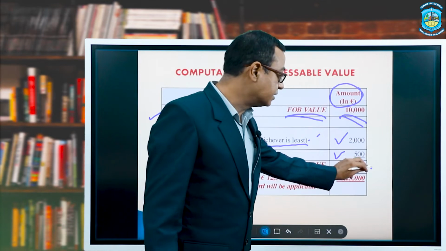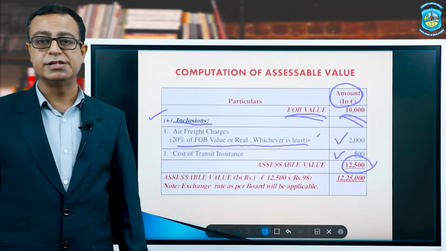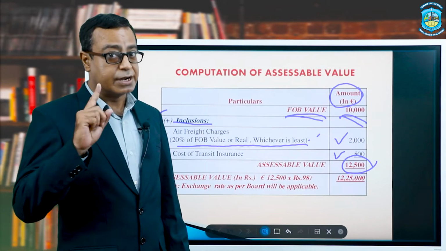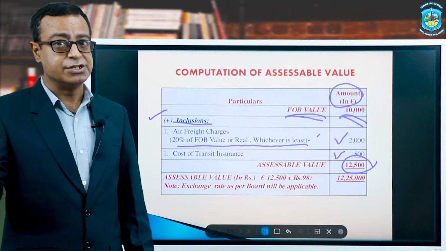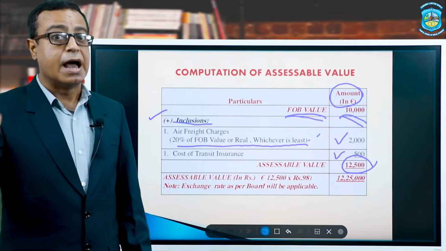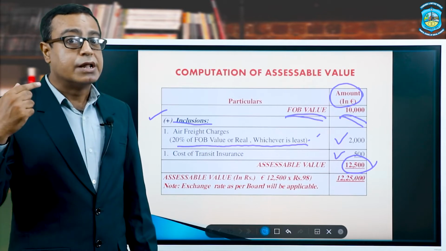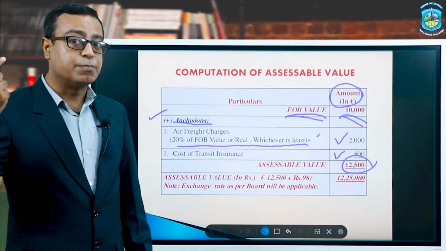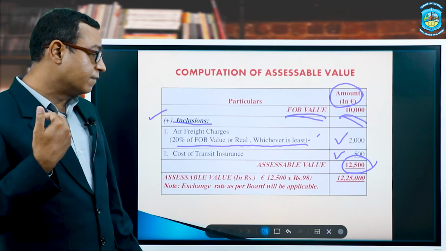Now the final step of the calculation of the assessable value, we have to convert this value in Indian rupee. Remember, we have two exchange rates, one as per CBIC means board, one as per the RBI. As per the rules of the customs duty, we have to take rate as per board only, that is 98. So 12,500 euro